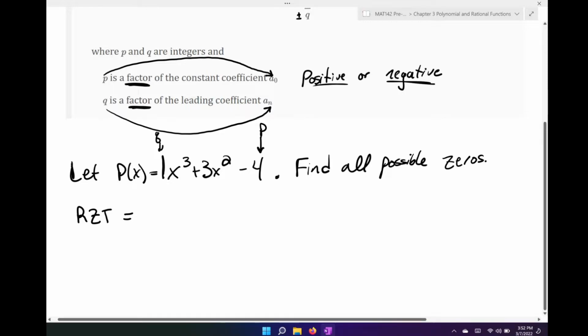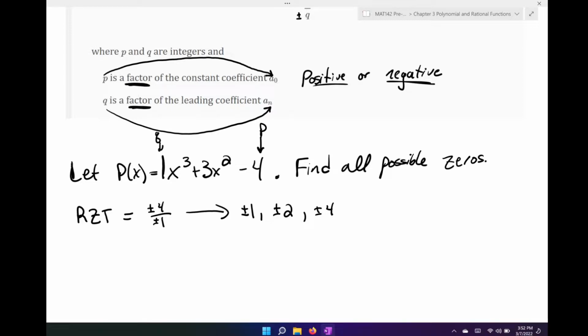So what I'm going to write here is this. I'm going to write plus or minus 4 all over plus or minus 2. And I want all the factors of these. So I'm going to get plus or minus 1, plus or minus 2, and plus or minus 4. Now, if you're sitting here wondering, where am I getting the plus or minus 2 from? We want the factors